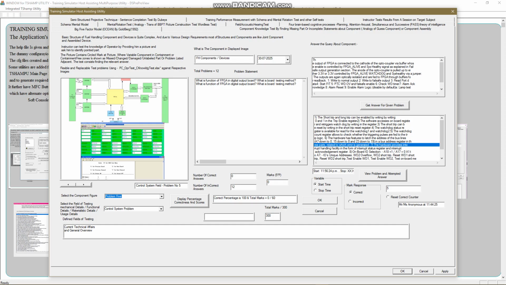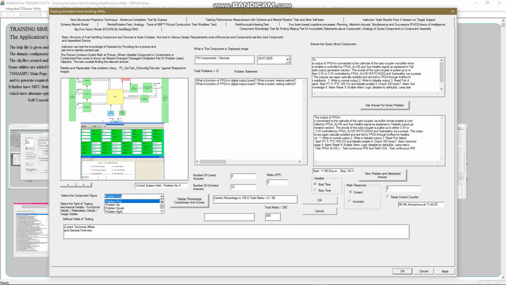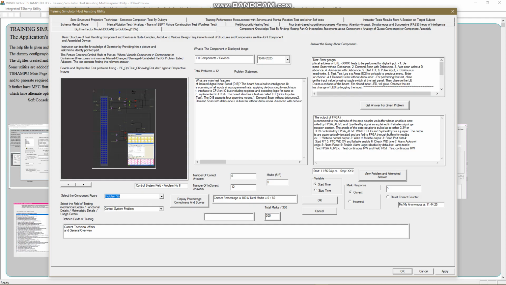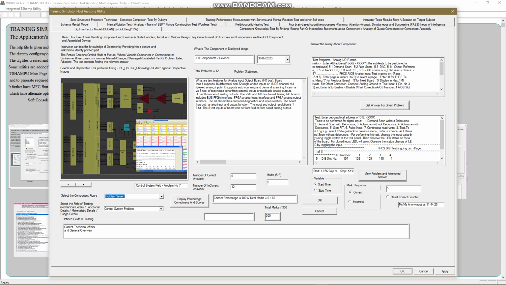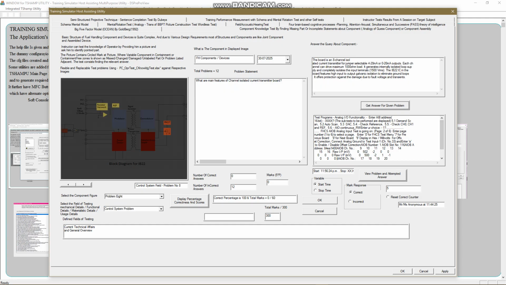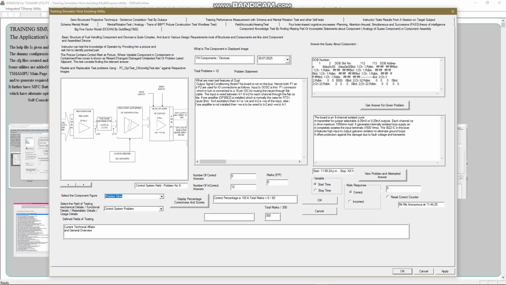And this is about the digital output board. What is the role of FPGA in the digital output board? Then problem number 6. This is a Blender model of a board. The Blender model can be modified for mimicking the board, how the signal flows, just for quickly explaining what a flow diagram is. Then this is IB2, channel isolated current.